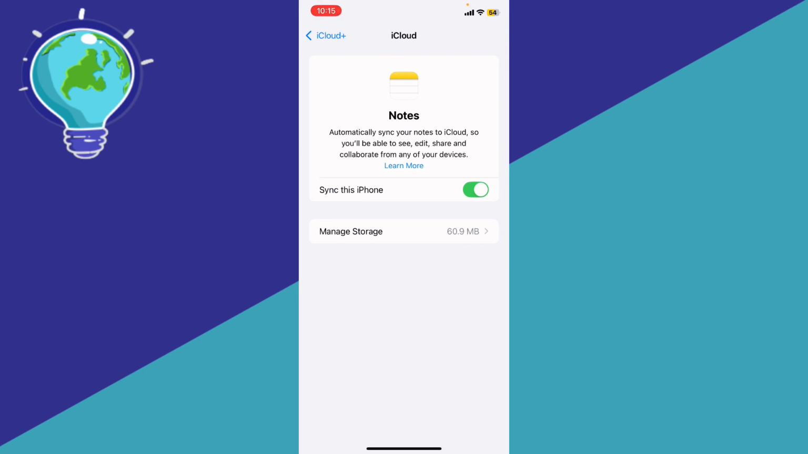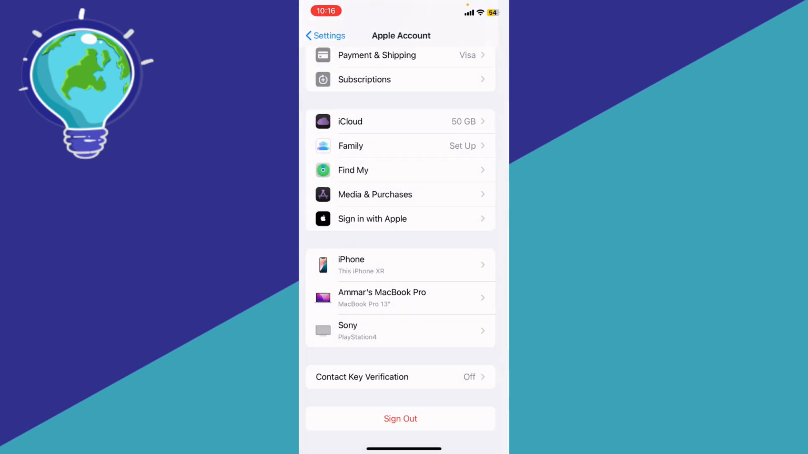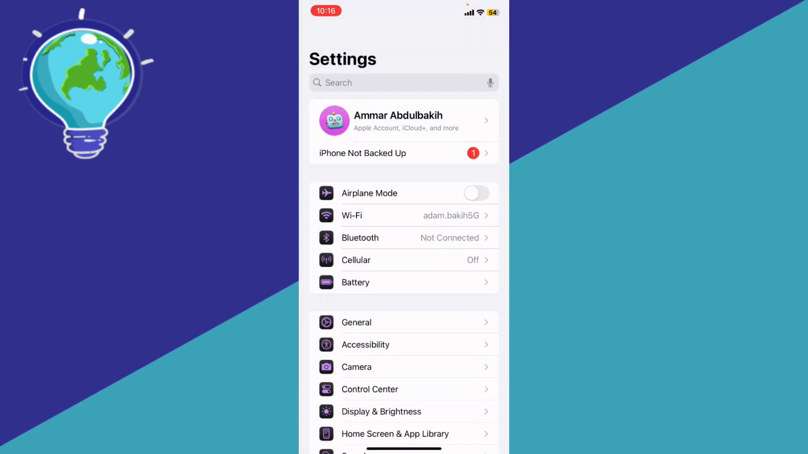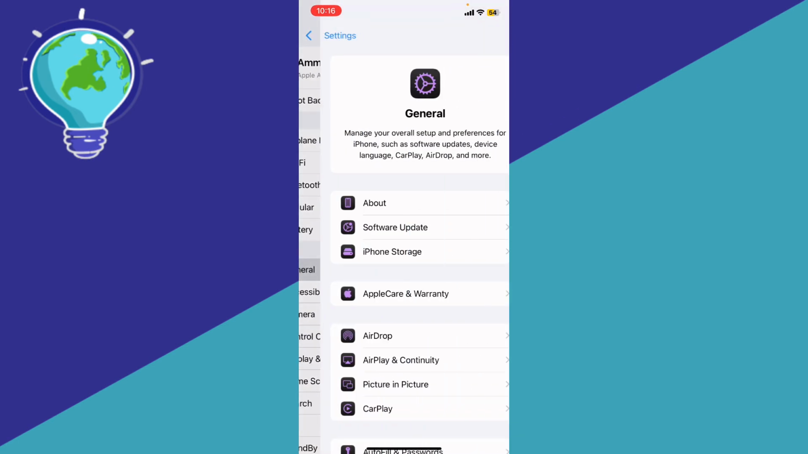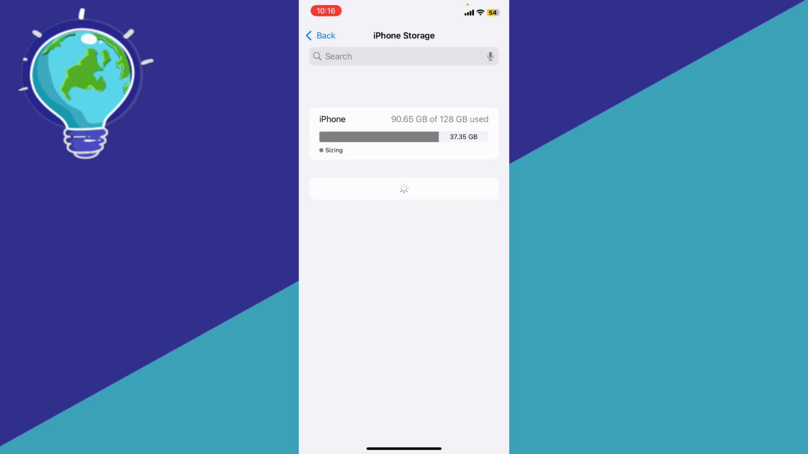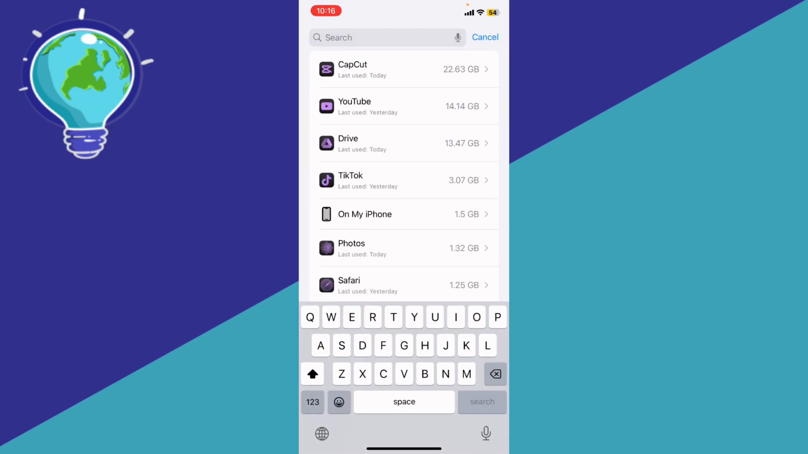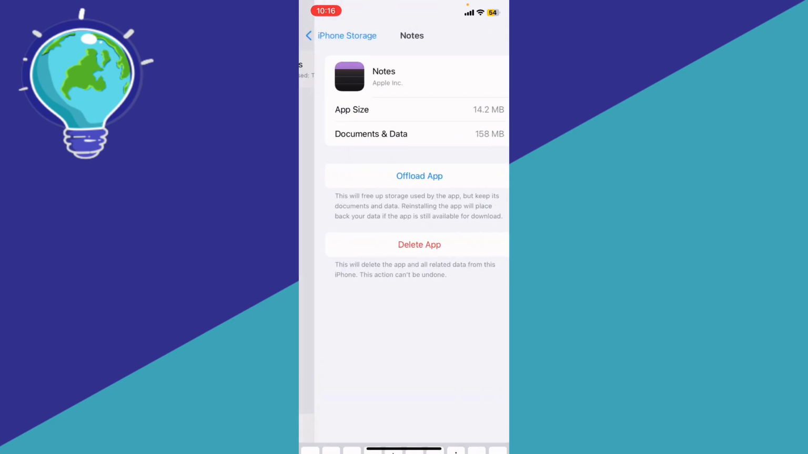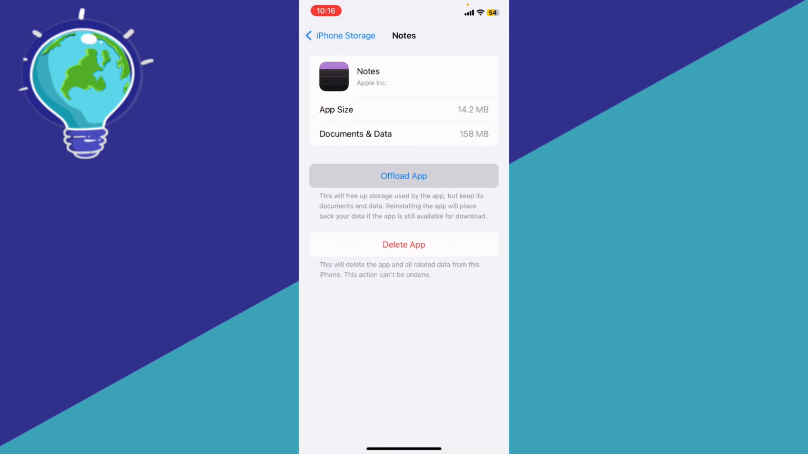All right, if you're still facing that same issue, what you're going to do, just go back to the main settings, and then go to General, and then go to iPhone Storage. All right, and you're going to try to pin down notes. So I'm going to type right here, notes, click on it, and what you're going to do, you're going to offload the app,